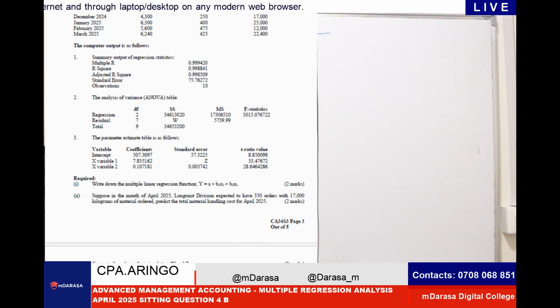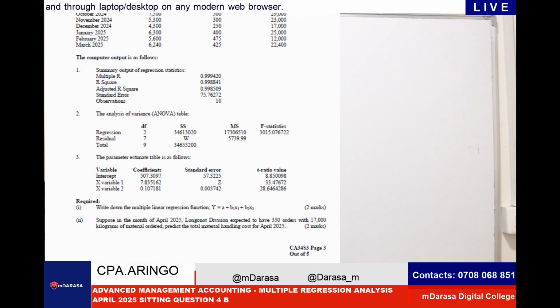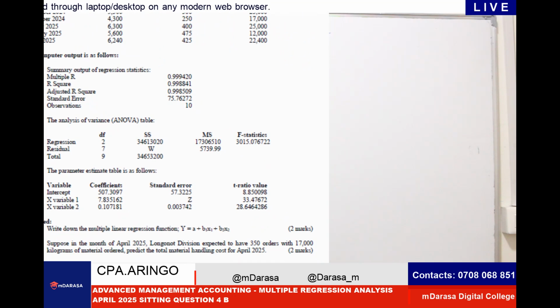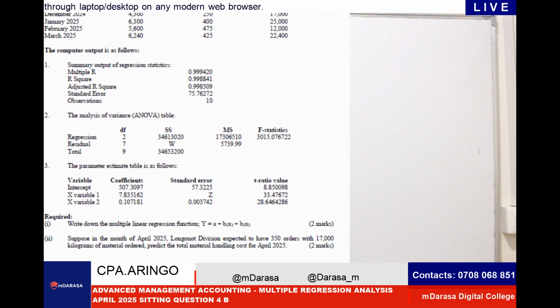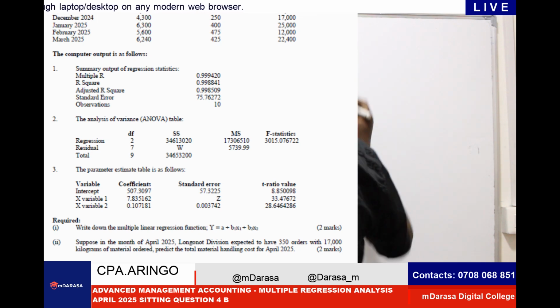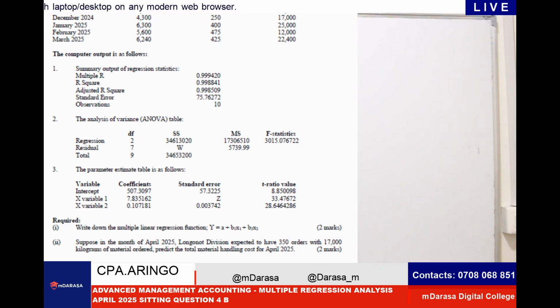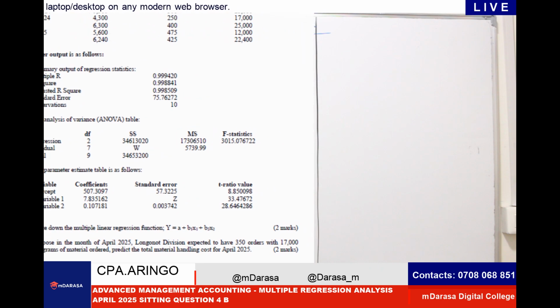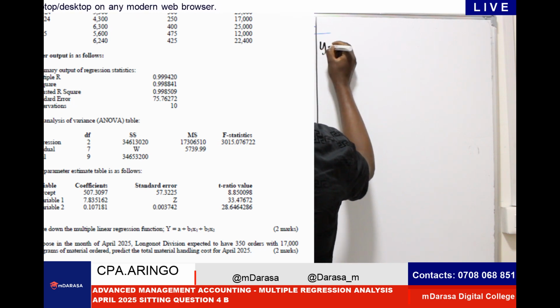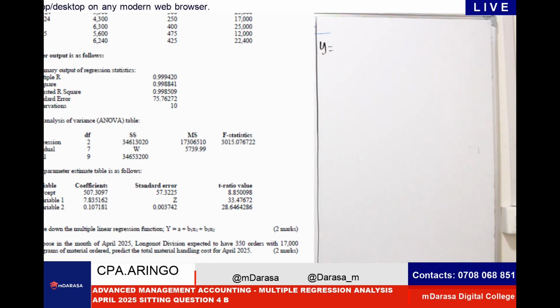A, we said A is our intercept. I want you guys to take your eyes to note number 3. Take your eyes to note number 3. So in number 3, we're told that intercept, we have under our coefficient. So you can all agree that we are taking here a value of y to be equal to our intercept, which is A,